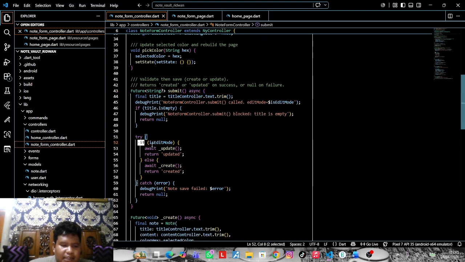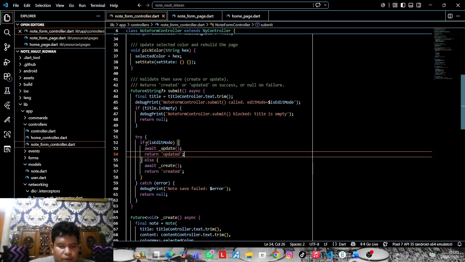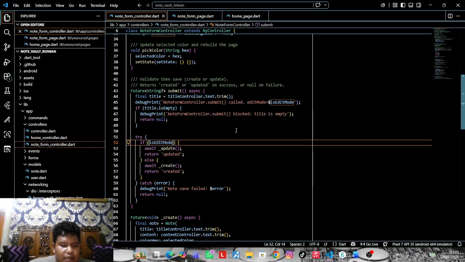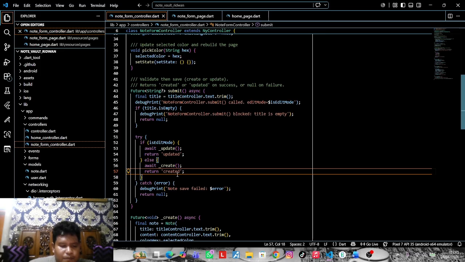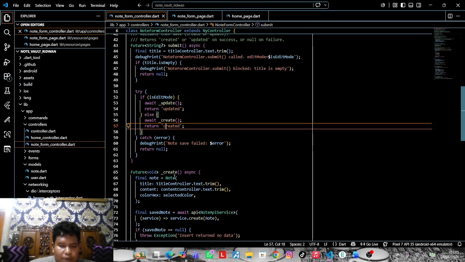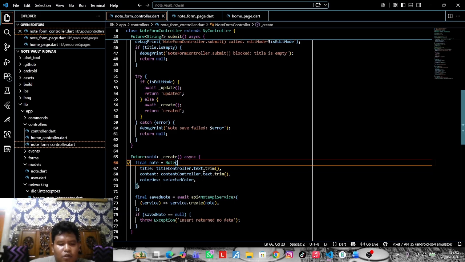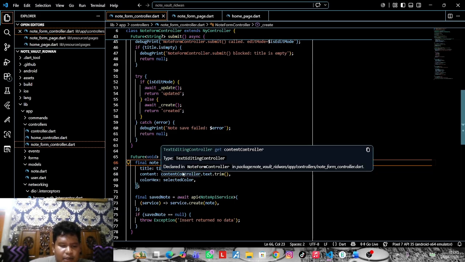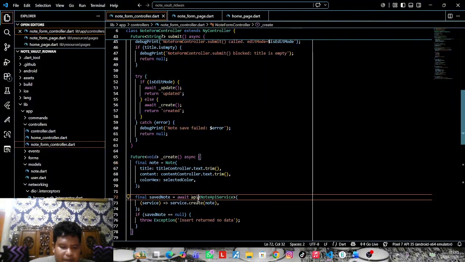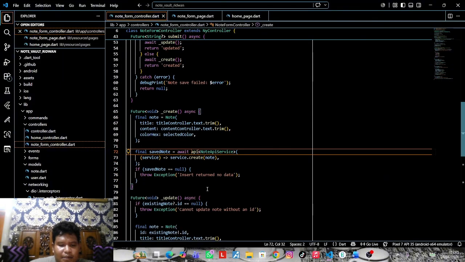And then this is the create or update. So if the application is in edit mode, it will update the existing one. Otherwise, it will create a new node. And then the create function. This function will create a new node object and sends it to the node API service create to save it into the database.